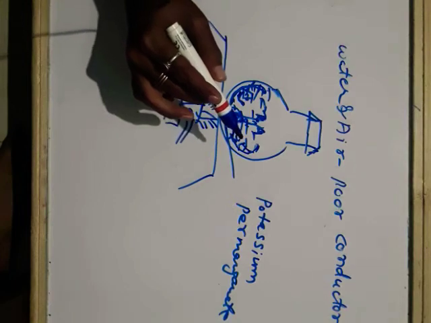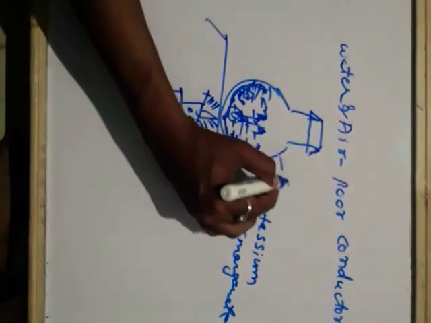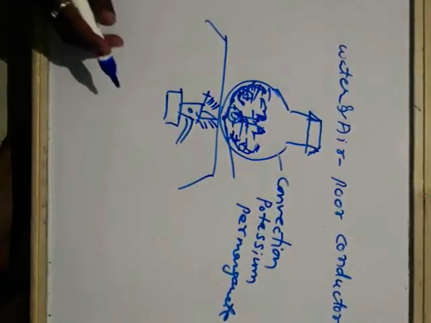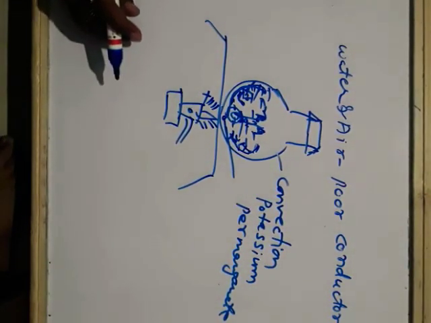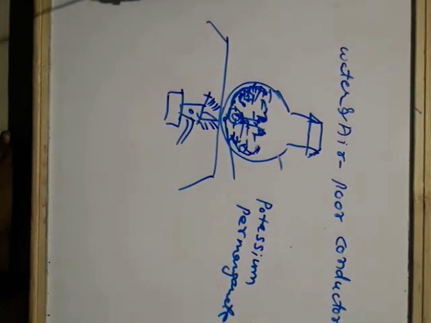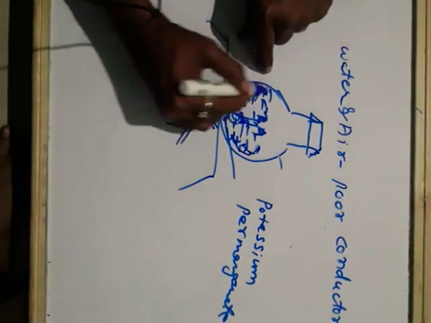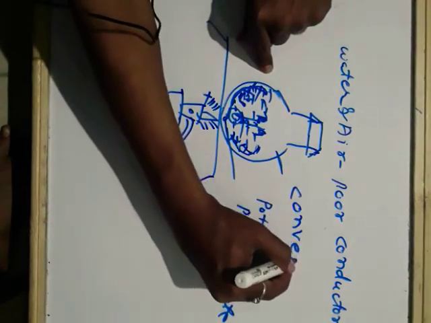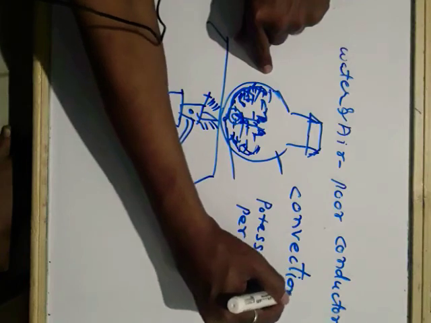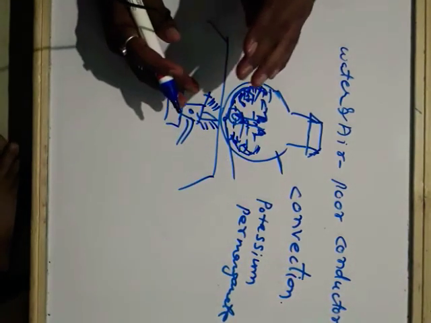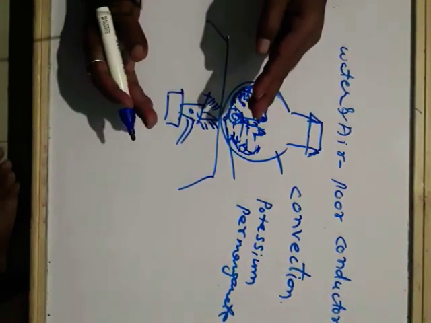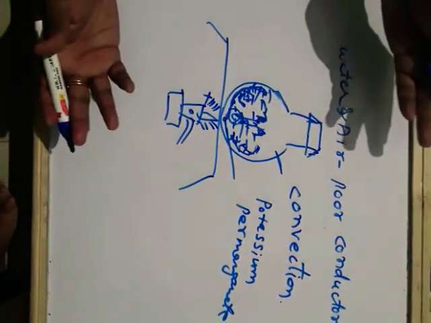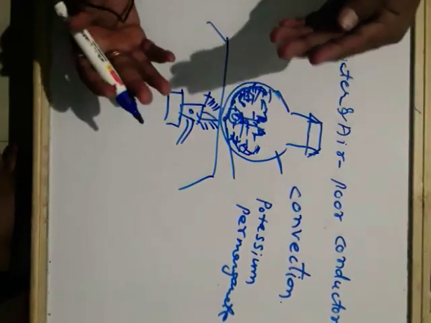This mode of heat transfer is known as convection. So heat in liquids is transferred by a process called convection. Now, how does heat travel in air? How does heat energy transfer in air? In which direction does the smoke go? We cannot say, so how is it possible to find out?